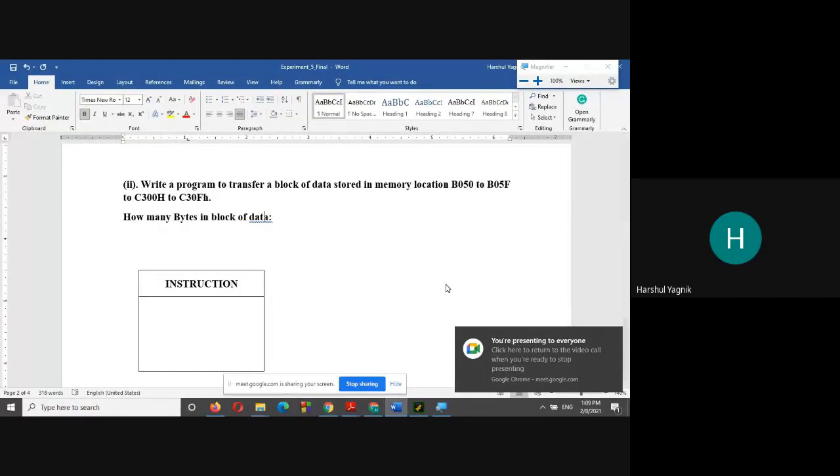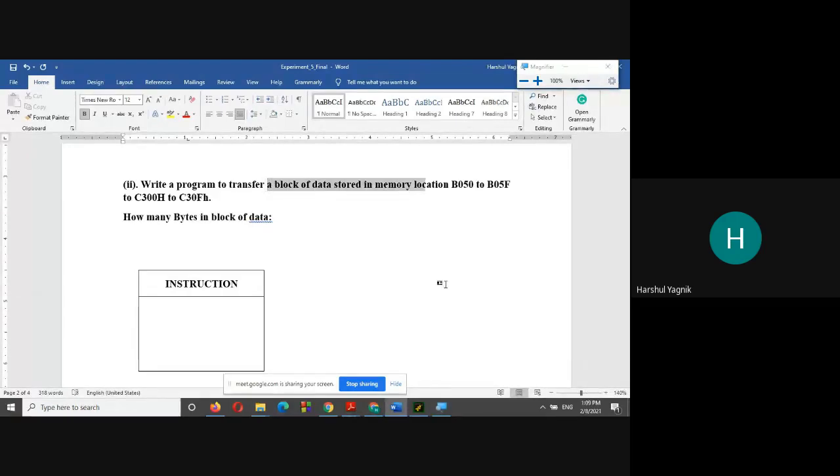The definition: write a program to transfer a block of data stored in memory location B050 to B05F. How many bytes are there in this block? Read the problem statement. From that only it is given. Considering one memory location can store 1 byte.